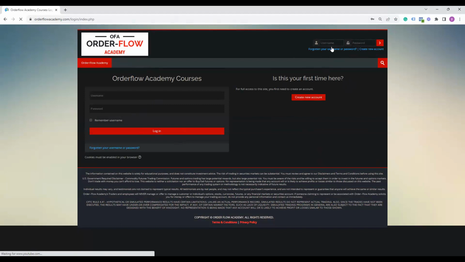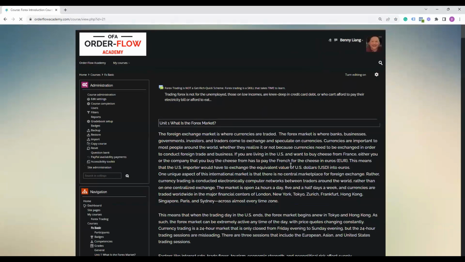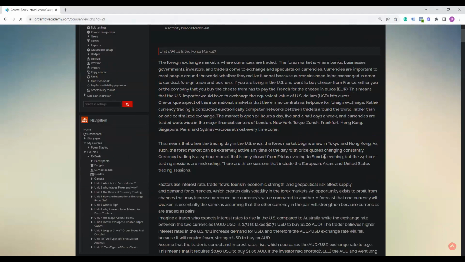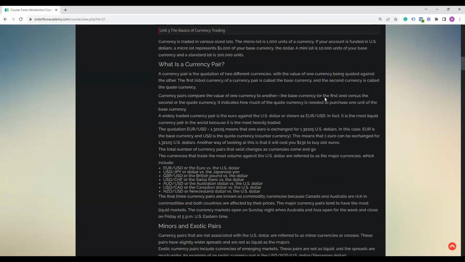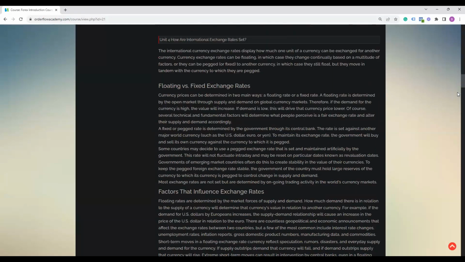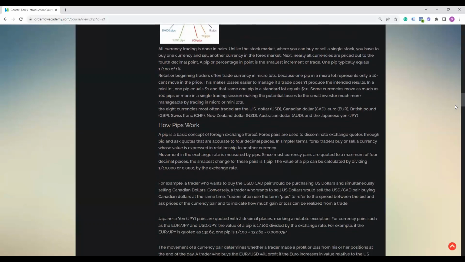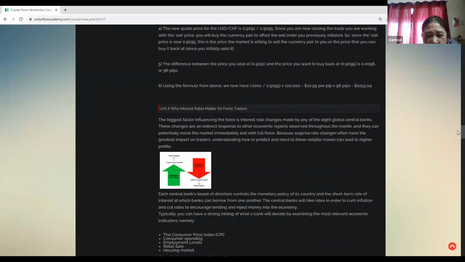Once you log in, go to the Forex section. Okay, so here it teaches you all the basics. What is a currency pair? If you say you are really a newbie, you go through and read through. These are all the basics.